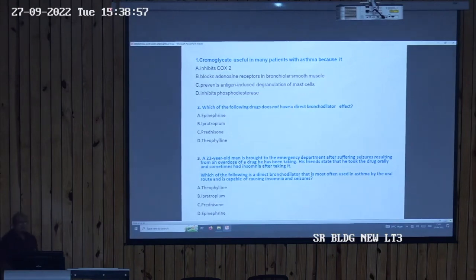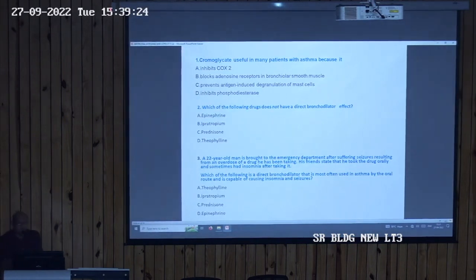Cromoglycate is useful in many patients with asthma because what is the mechanism of action? C, that is, it prevents antigen induced degranulation of the mast cells. Then question number two, which of the following drugs does not have a direct bronchodilator effect? Prednisolone, good. And then third,